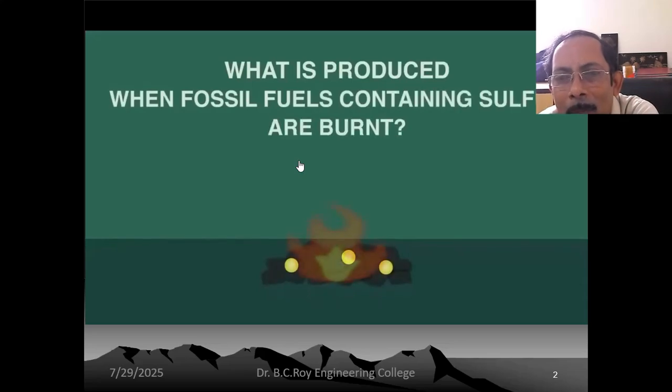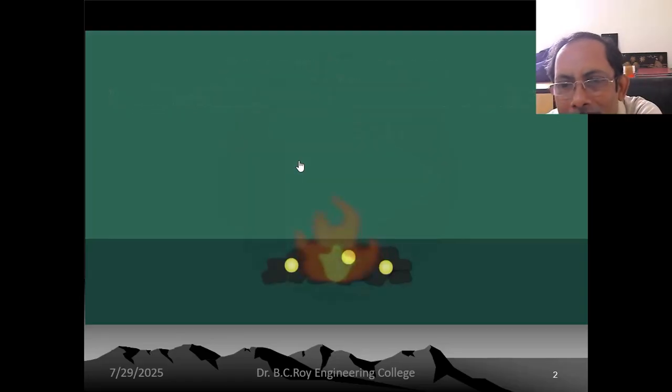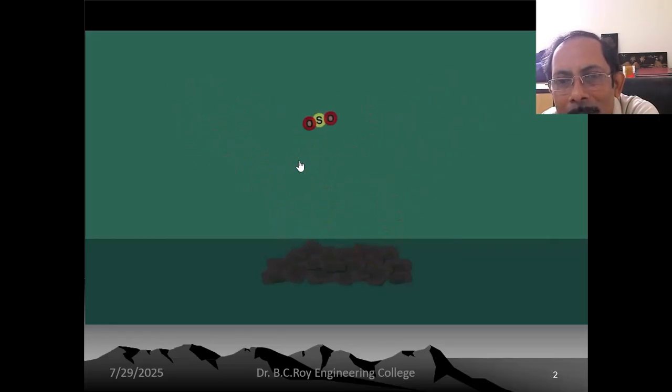Pause this video while you think. The biomass is converted to fossil fuel over a long period of time. Now whenever these sulfur containing materials are burned, the sulfur and the carbon atoms join with oxygen from the air and are released into the atmosphere as sulfur dioxide, SO2 gas, and carbon dioxide, just like shown in the video.